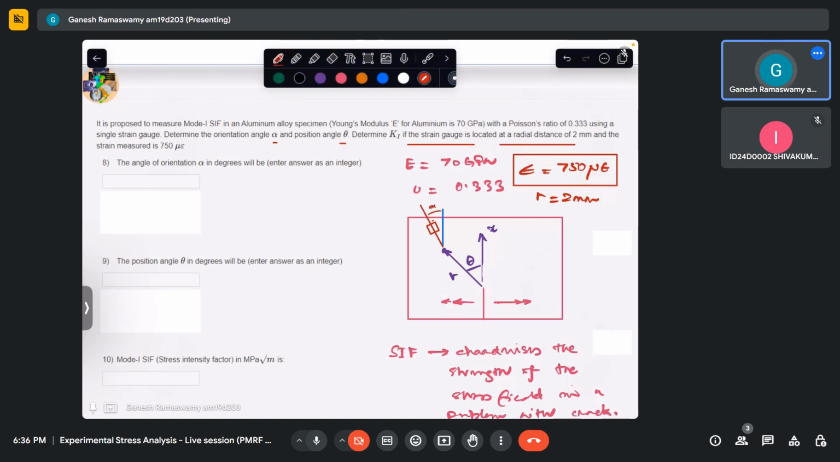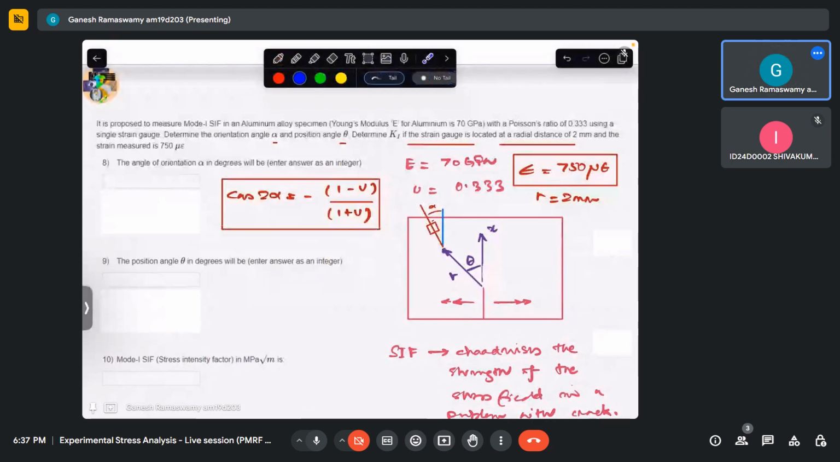But essentially, once we try to extremize this and set it equal to 0, what we will get is cos 2 alpha is equal to minus of 1 minus mu divided by 1 plus mu, where mu is the Poisson's ratio of the material. So this is the expression we have in order such that many terms cancel out. So this is the orientation at which we will place the strain gauge, with respect to the x that is taken parallel to the crack axis here. So if we go about evaluating that,